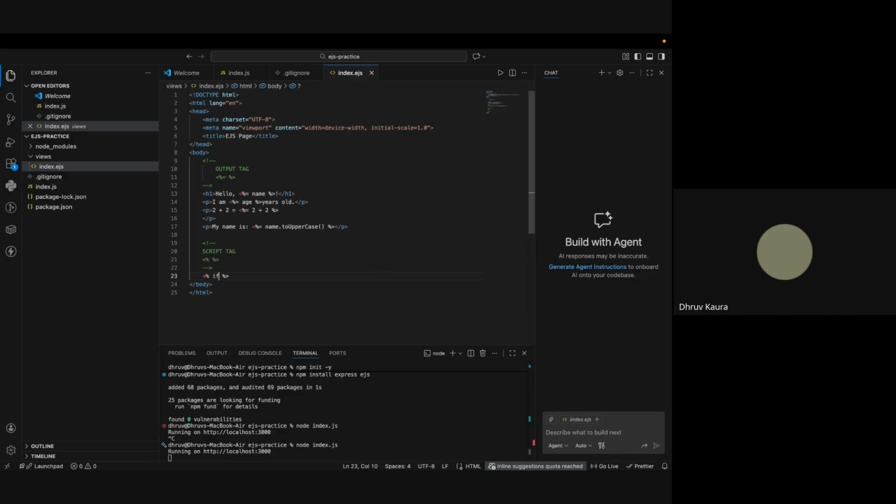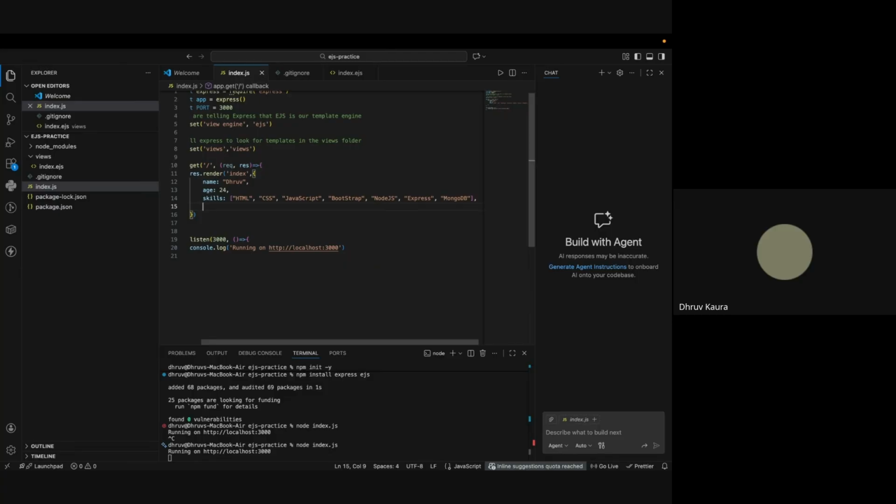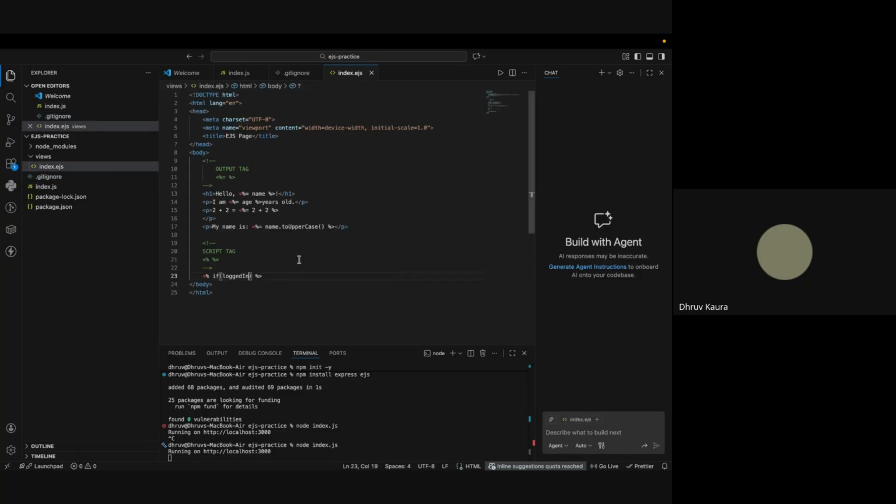So let's say if logged in, and this value will be dynamic, so inside this I'll write another loggedIn, and the value will be a boolean. So I'll say true. For now it's true. I'll show you how we'll make it dynamic and false. So if loggedIn is true,